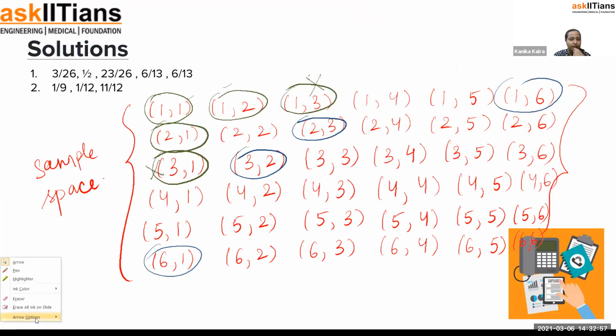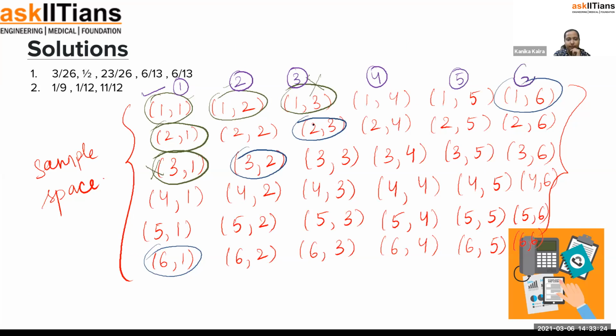Now let's look at the sum which is less than or equal to 10. Less than or equal to 10. So this is 1, 2, 3, 4, 5, 6, 7, 8, 9, 10,